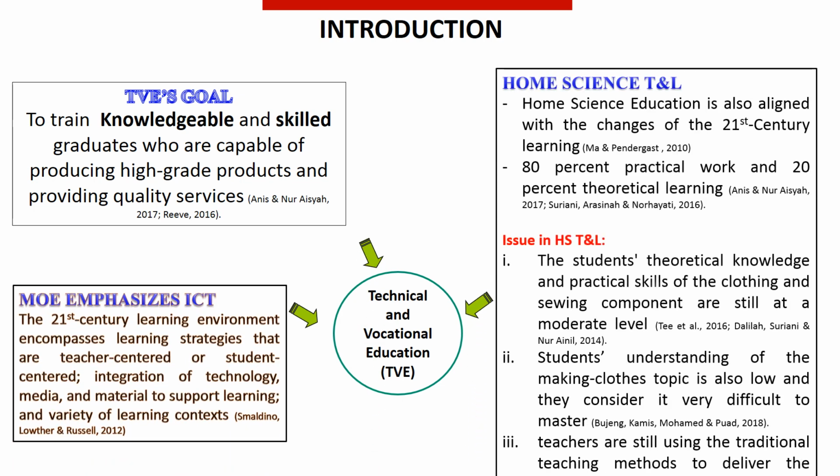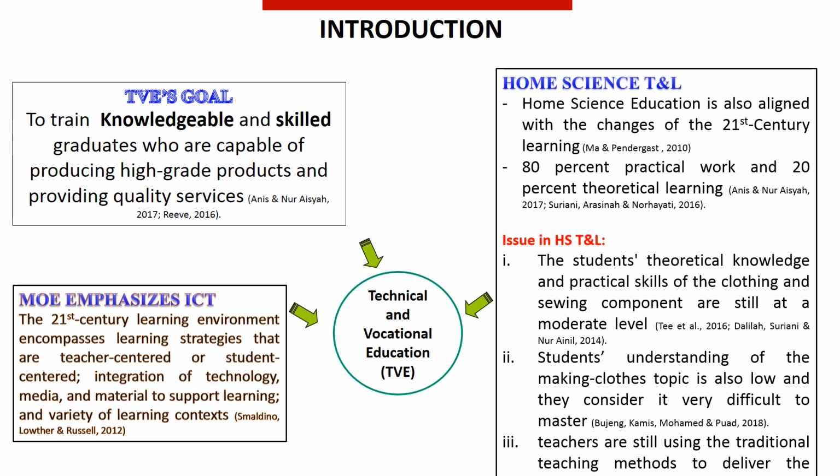Technical and vocational education's goal is to train knowledgeable and skilled graduates who are capable of producing high-grade products and providing quality services. The Ministry of Education also emphasized the elements of technology literacy. Home science education is also aligned with the changes of 21st century learning, 80% practical work and 20% theoretical learning. The issues in home science teaching and learning are